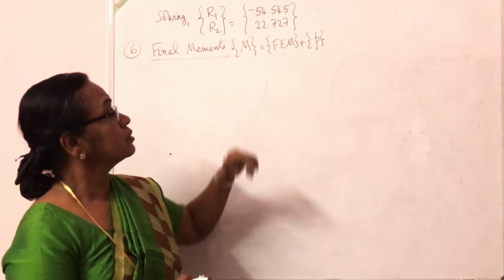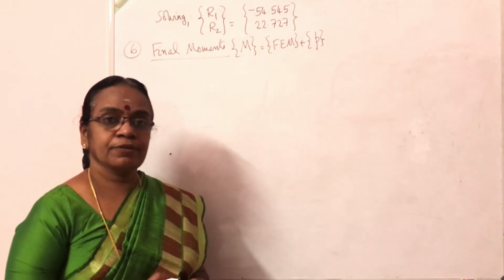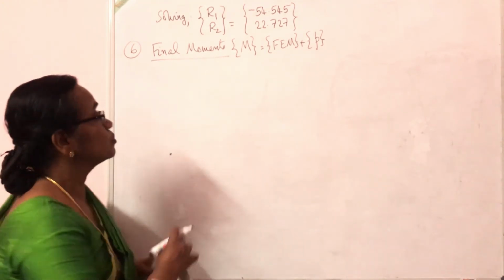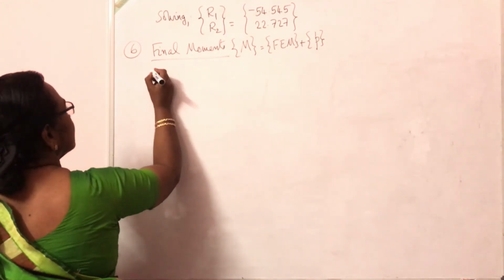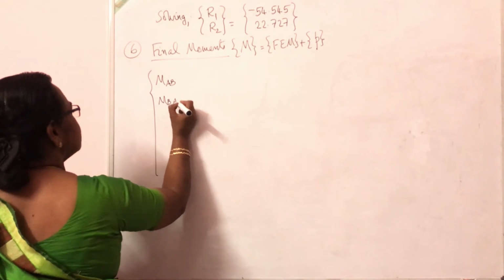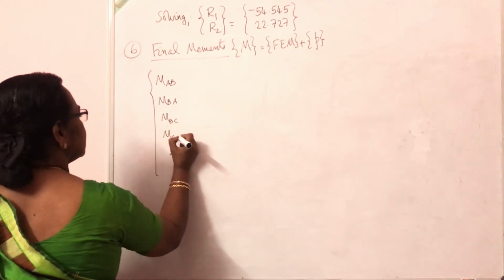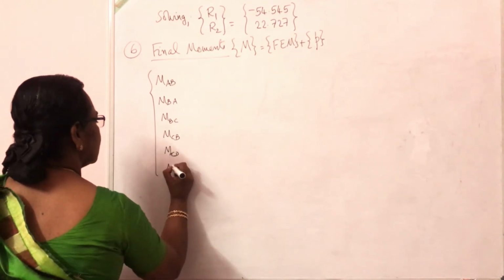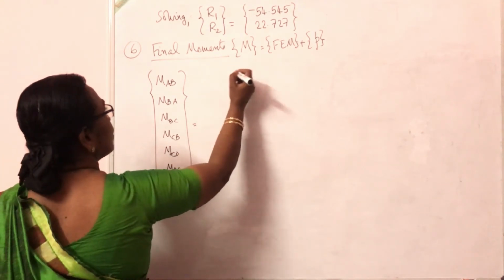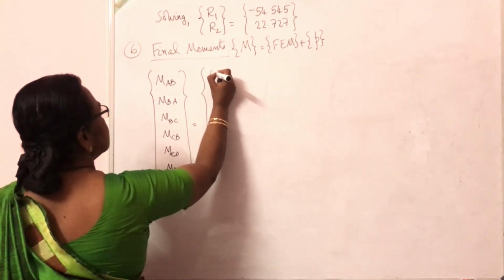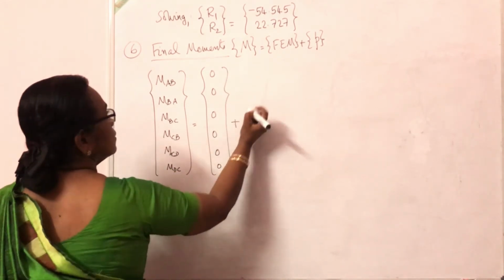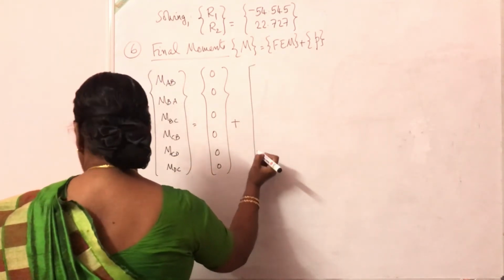Now coming to the last step, the bending moment in each element is equal to the fixed end moment plus the element forces. These element forces we can get from step 3. So get element forces from step 3, and I am going to write here the bending moments MAB, MBA, MBC, MCB, MCD and MDC. In this question there were no fixed end moments. Fixed end moment in all the elements were 0. So it is 0, 0, plus these element forces, refer to step 3.